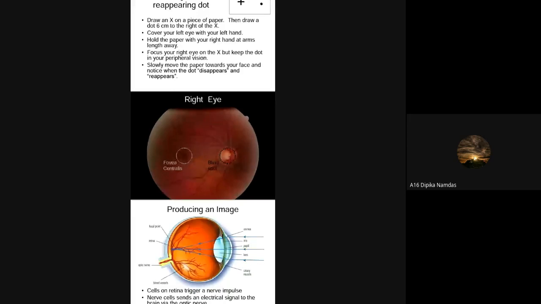Okay, in our human eye there is also a blind spot. What is a blind spot? At that blind spot, sunlight cannot be received properly, meaning we cannot provide the information to our brain through the optic nerves. So in our right eye there is a blind spot. At that blind spot no sunlight is captured, or no object is visualized. Every human has a blind spot in the right eye, only in the right eye.